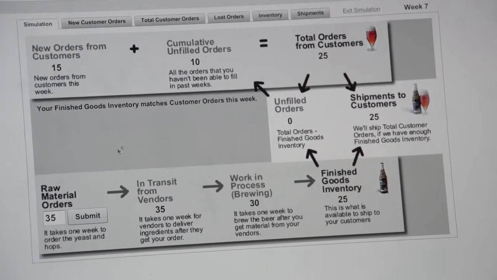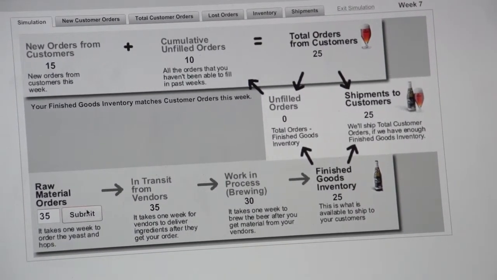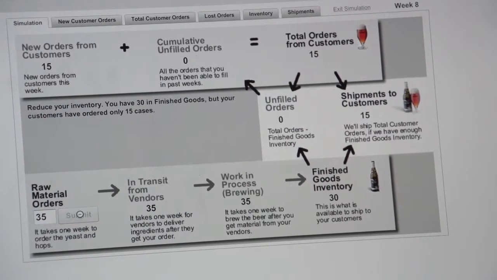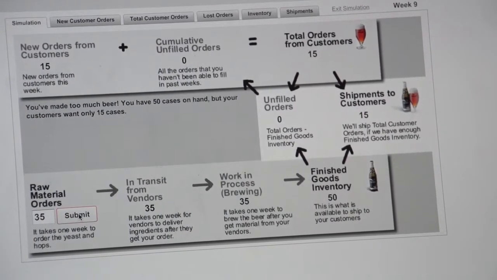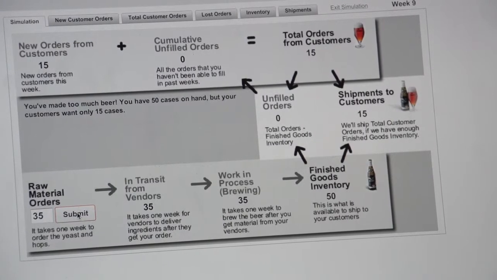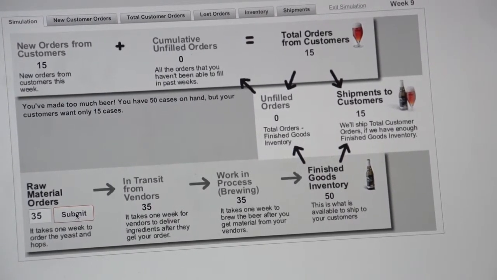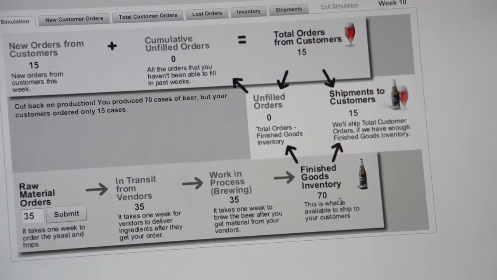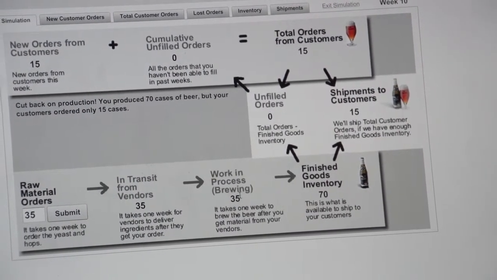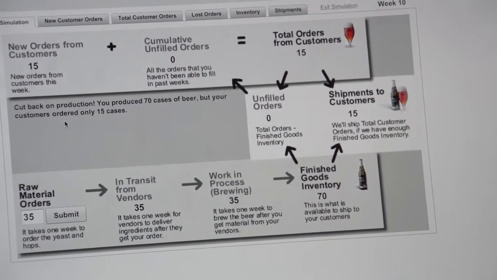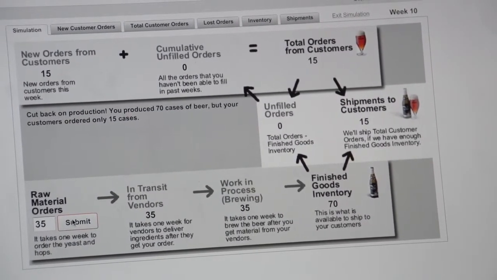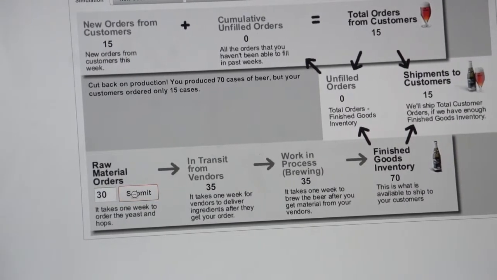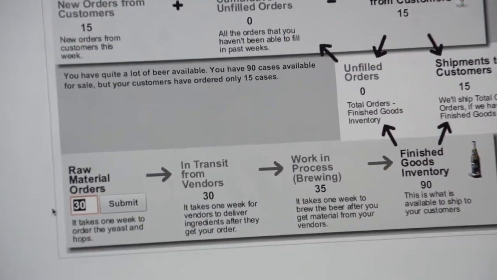But with that memory of a stockout event, the tendency is to keep ordering at high levels. So you keep ordering 35 beers worth of raw materials, and you keep producing that much beer. But then what happens is your finished goods inventory starts piling up. And you're thinking now, well, I probably need to cut back on production. So you decrease your raw material orders, and you keep on decreasing,